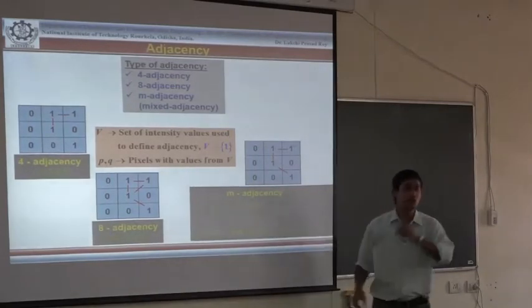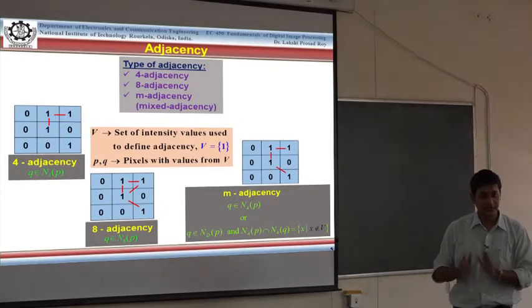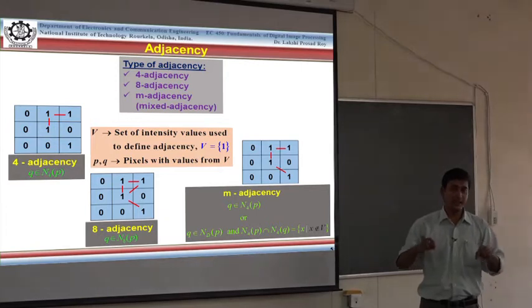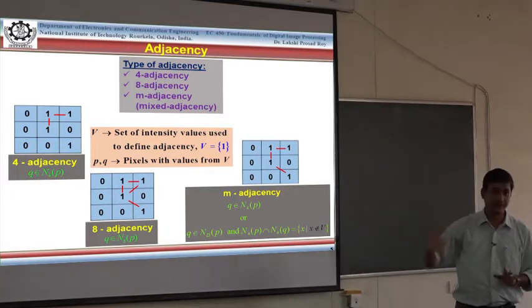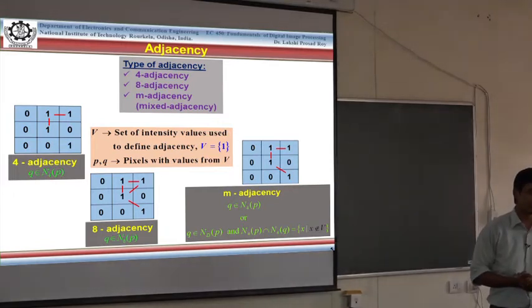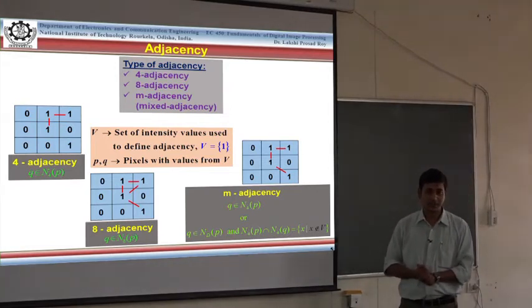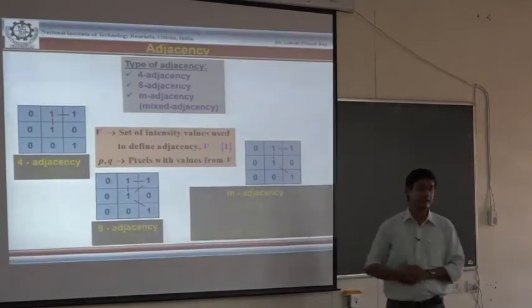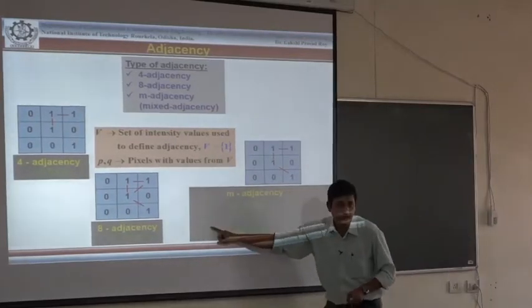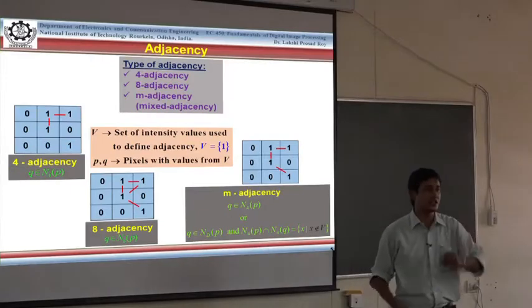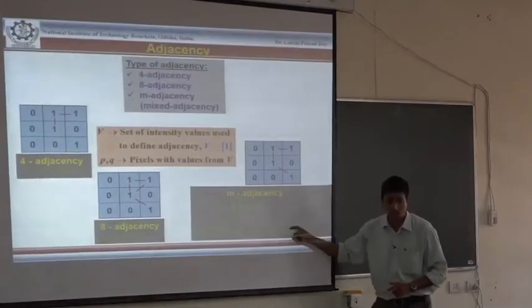Like for 4 adjacency, the neighbor Q with respect to P, meaning whom I am checking, that is Q: does it belong to N4 of P or not? That we checked among the 4 neighbors. If you find Q in N4, immediately you put the red line. No condition on that. If it is in N4, put the line, no problem. But if you are going for diagonals, then things come in. If Q is in ND, that is not the only sufficient condition for which you can put a red line there. You have to satisfy this condition also. This AND is important,